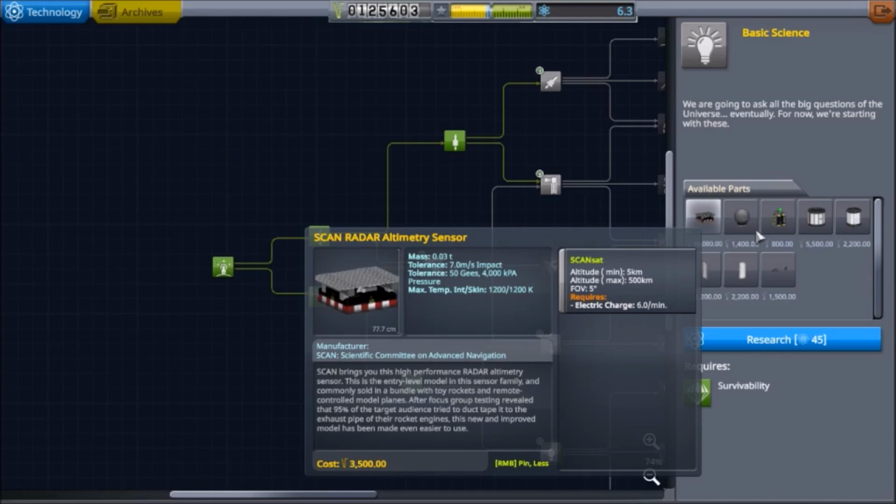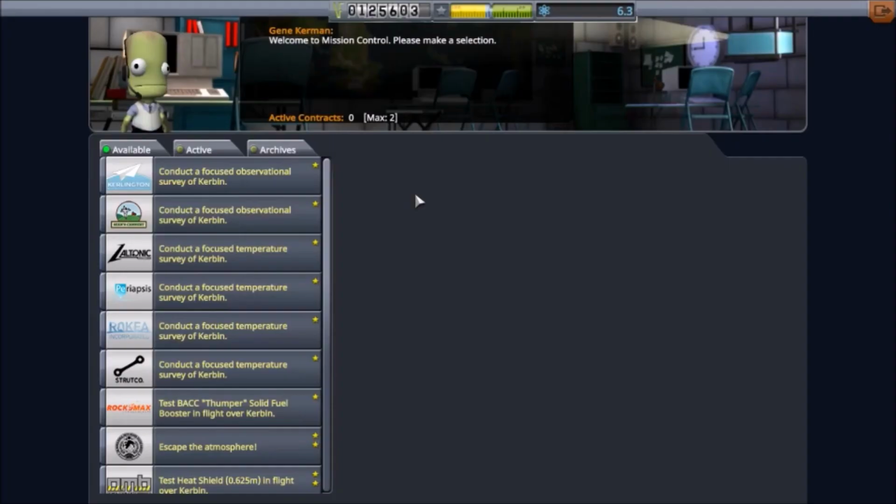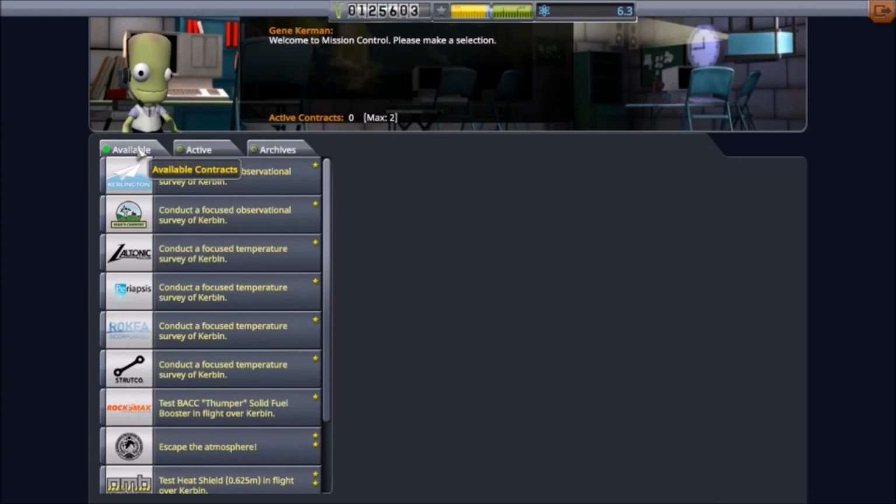All right, so anyway, let's quit Willy Foo-Fooing around and go see what Gene Kerman has going over here in the mission control. All right, we don't have any active missions. We've run the active missions. Okay, so now we have some options of things we can do, and that is